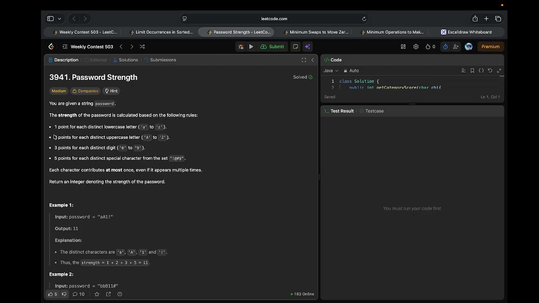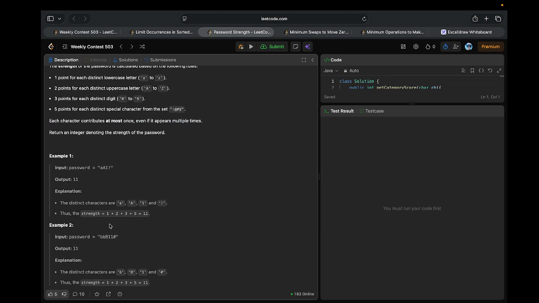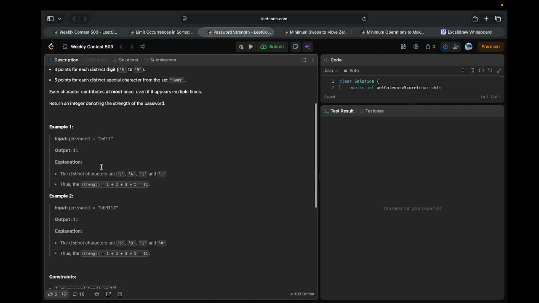Got it. 2 points to each distinct uppercase letter a to z. 3 points for each distinct, 5 points for each distinct character, right? So what we have to do over here, right? Let's say in this particular string, just see the first string. We only care about the distinct characters, right? Because our string contains multiple duplicates as well, but we are only going to include inside our answer those that are